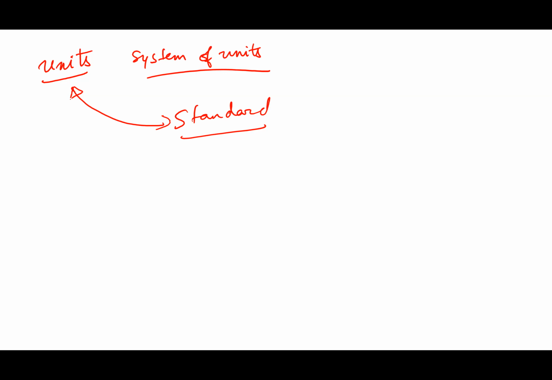The system is not something that exists really like a tree or like a dog. It's what you make up. A system of units is a set of standards that you would use to measure things like length, mass, time, and things like that, which fall into the list of properties that we have seen. A system is what you would make up. So dimensional analysis is related to this.